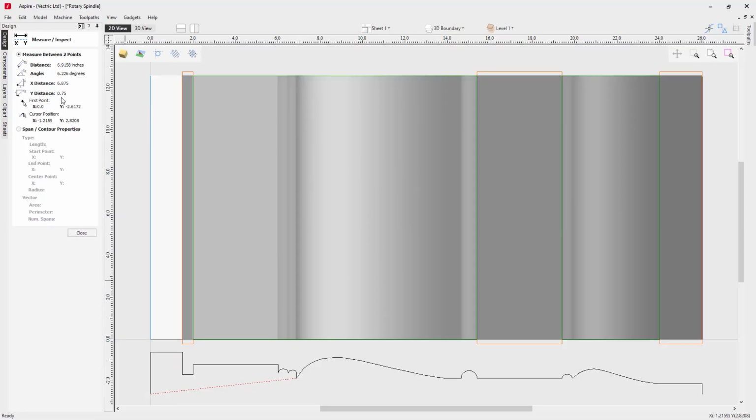Again, we need to double that, so that will be 1.5. Then we're going to have a look at the highest point. Again, down to the center of the spindle, come up to the top here to the highest point. You can see my mouse has snapped to that because I've got my snapping options turned on. I left mouse click, and we get a measurement of 1.75, which means this highest point is going to be doubled to